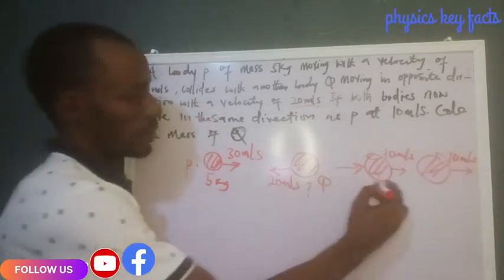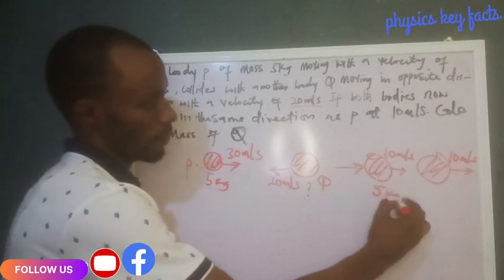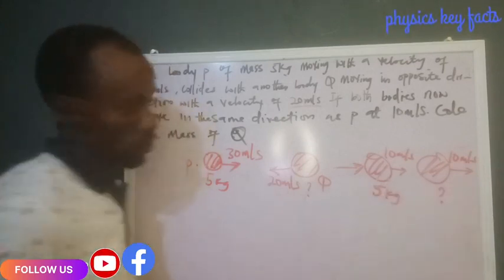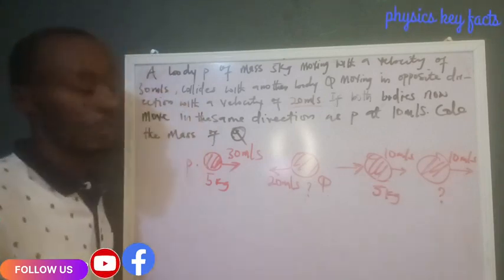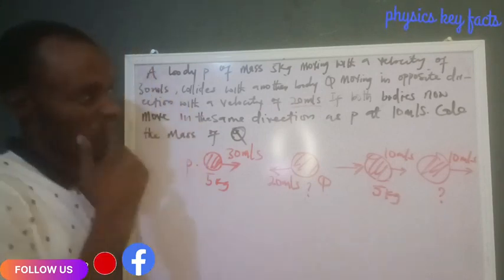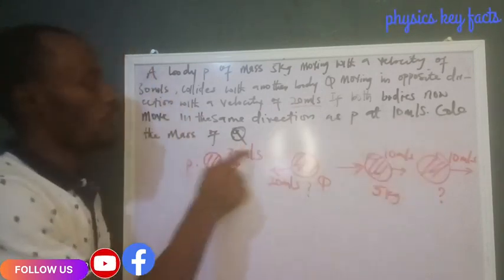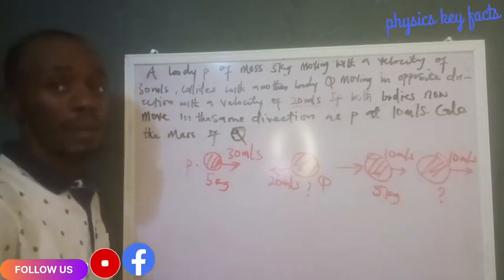Now, same mass. Remember the same mass, 5 kg, but this mass we don't know. Q, we don't know the mass of Q. P, we know the mass. So the question is saying calculate the mass of Q. The mass of Q is what we are looking for. So remember in that formula